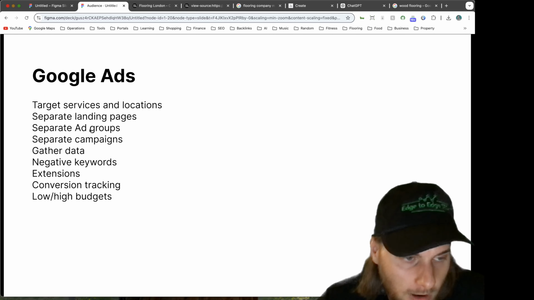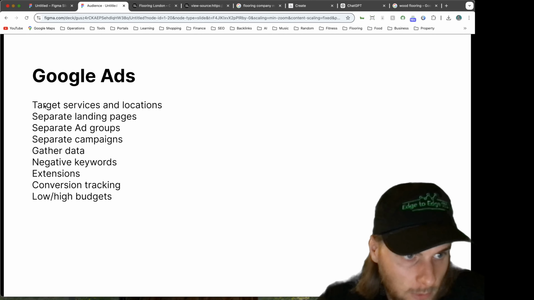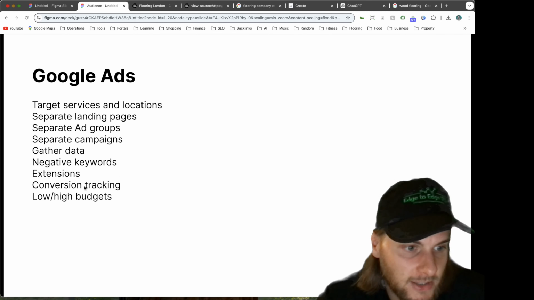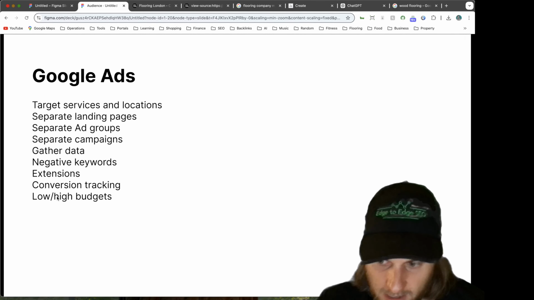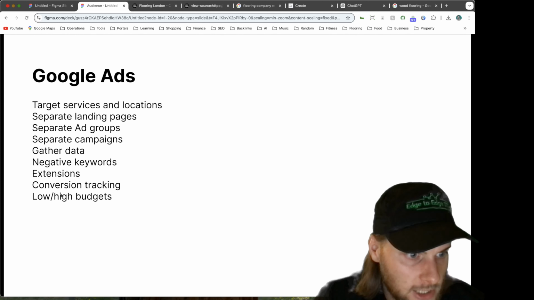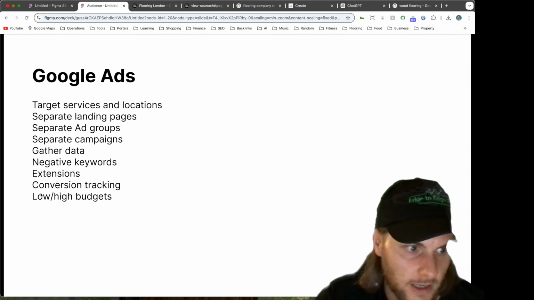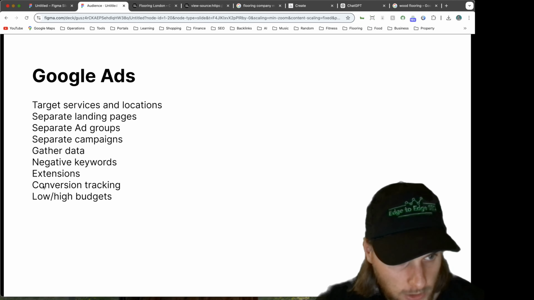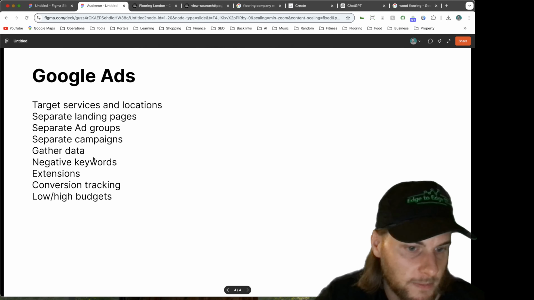You're going to be able to create more campaigns and have more pages that are more targeted for more keywords, and just generally, with higher budgets, if you're running the right strategy, you're going to get the most amount back from it. Whereas a low budget is a very slow burner. It's going to take a lot longer to get all of this data and to build up enough conversions, and it will tick over once you've optimized it, but it takes a long time. So those are just things you should bear in mind with Google Ads.